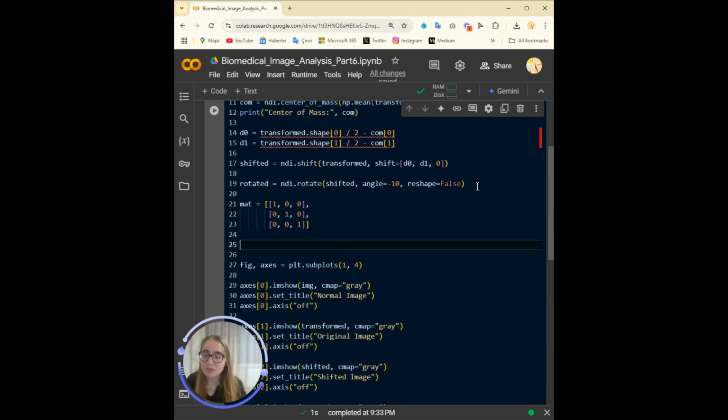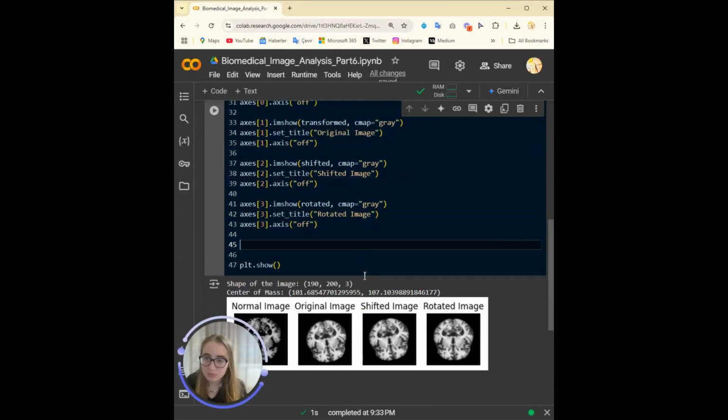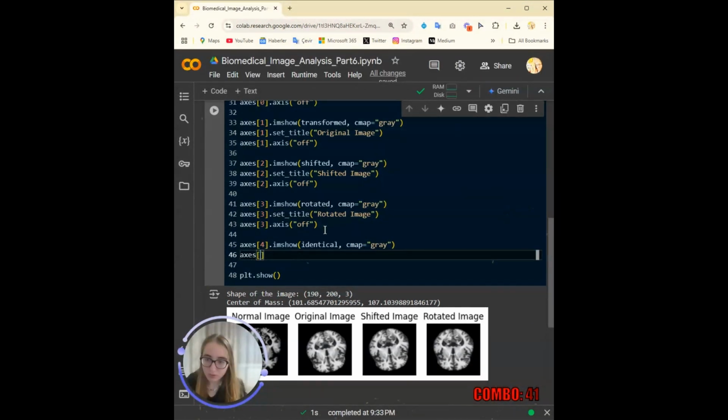Let's say instead of transformed, identical, we transform the rotated image with the matrix, and then subplot 5, identical, cmap gray, axis 4 dot set title rotated image transformed with identity matrix.